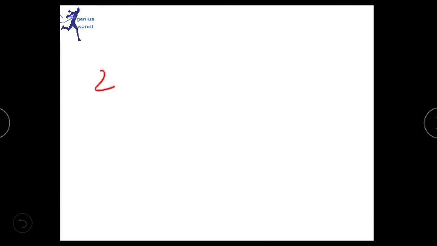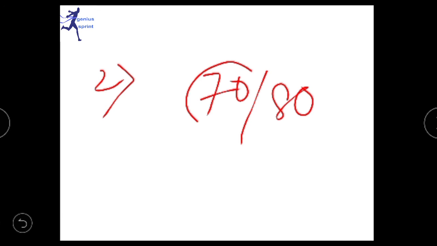And next is that the marks should be in line with the past performance of the school in the class 10 board examination. Suppose in previous examinations you have got 70 marks out of 80. Then based on these 70 marks they will try to judge what kind of student you are. If you got 70 marks out of 80, they can give you 70 marks. So based on this kind of marks you have to be satisfied.